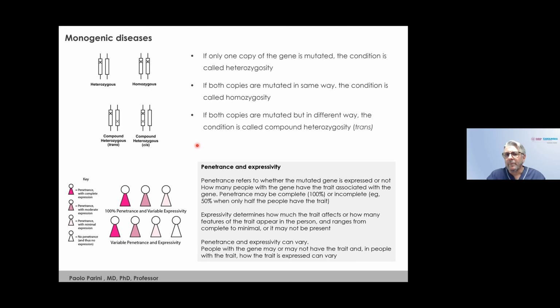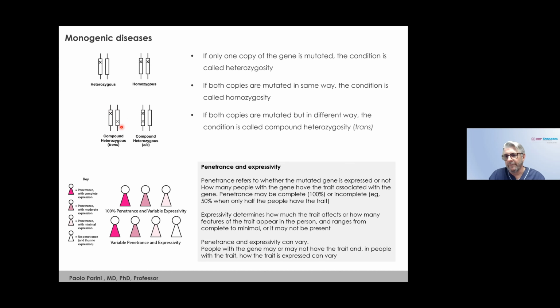So again, we said we have 2 copies of each chromosome. In each chromosome, we have the genes. So we have 2 copies for each gene. And when one copy of the gene is mutated, we call the patient heterozygous. When the same defect in the gene is present in both copies, we say that the patient is homozygous. But then I can have another condition when there are 2 different defects, one in each copy of the gene,